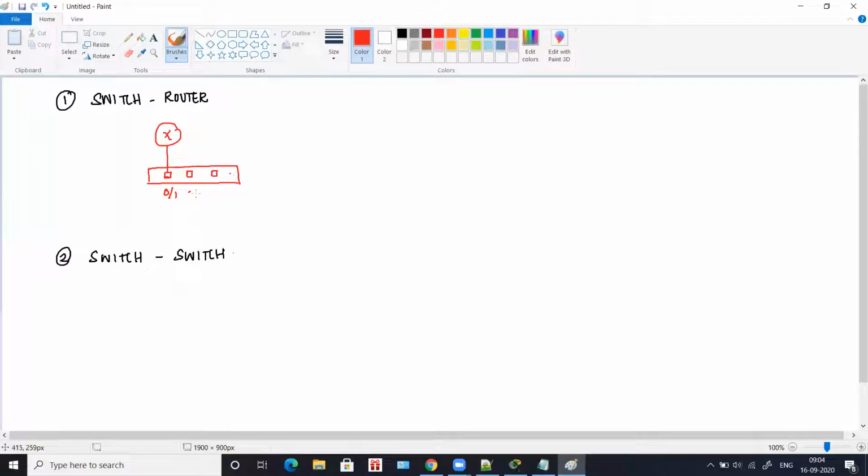So normally when you connect a router to a switch, it is recommended to connect it in the first port. And when you connect a switch with another switch, the last port of the first switch, that is 0/24, will be connected to the first port of the second switch. This is how you will connect.